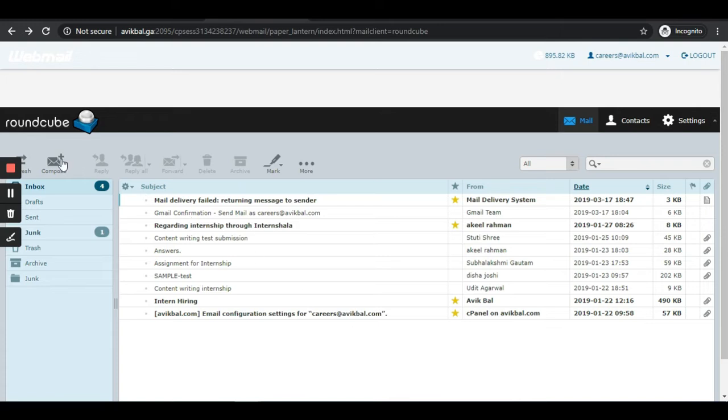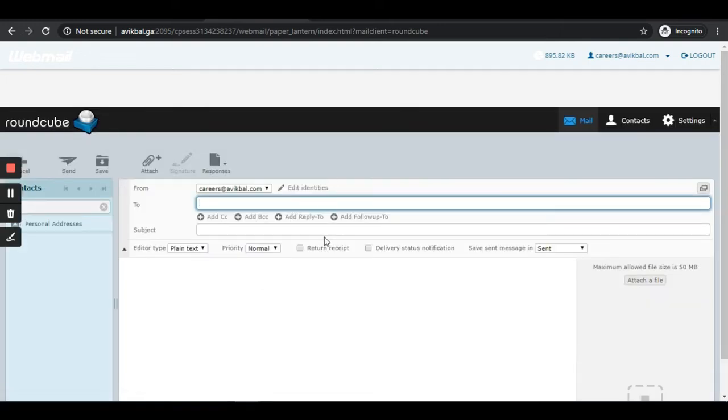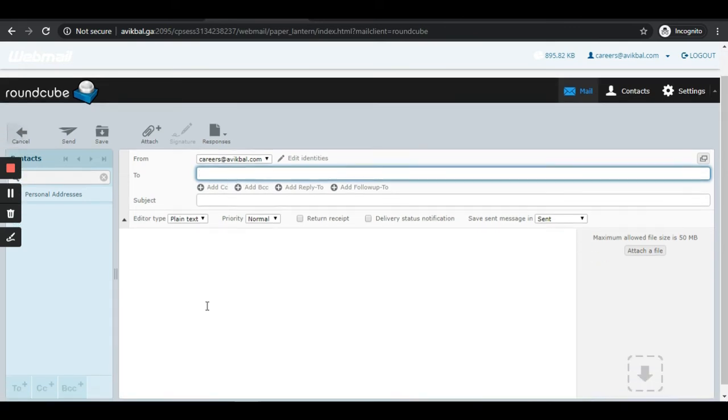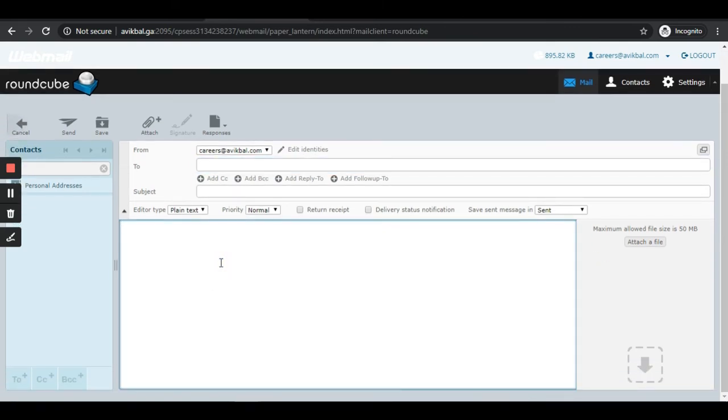And from this inbox, you can compose the emails. You can check the emails that you have received. So simply click on compose and you can type in the recipient address and subject line and also the email body. Now at this stage, you'll be facing certain challenges. Number one challenge is that this interface for composing your emails is not a visual editor. So you do not actually know how the email would look like in the recipient's inbox. So this is not as interactive or as intuitive and as friendly visually as your Gmail or Outlook email composer.